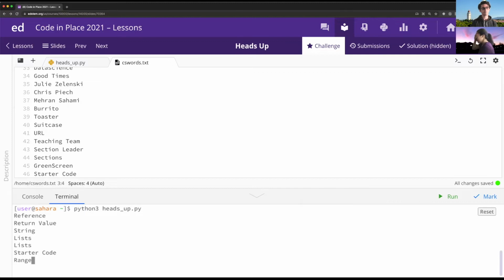So this is if I want a bunch of consecutive numbers starting at 0 and going up to some other number, I would call this function. I also might use it in a for loop if I want to do something a specific number of times. Oh, range? Yes, nice.